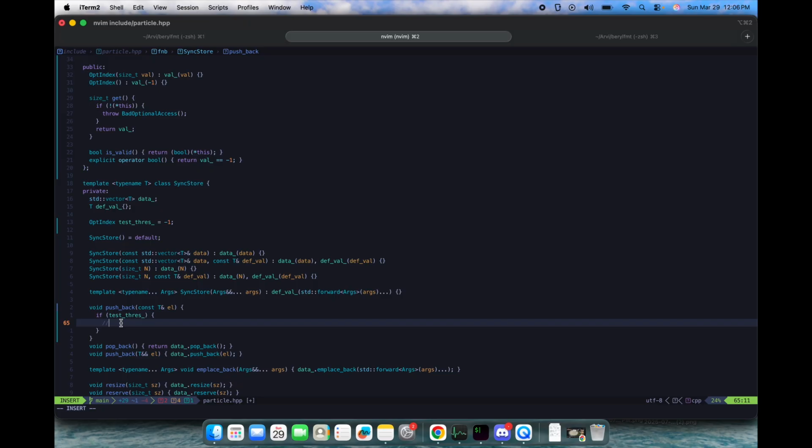If test thresh, we then just end up like I think it's a data dot insert .cbegin plus test thresh dot get